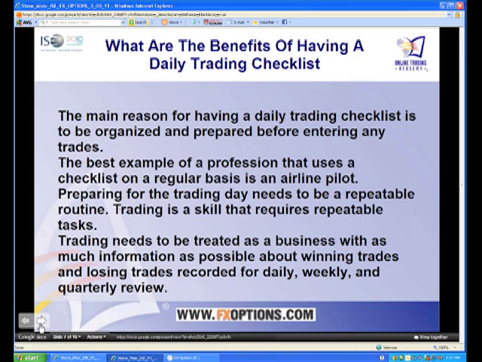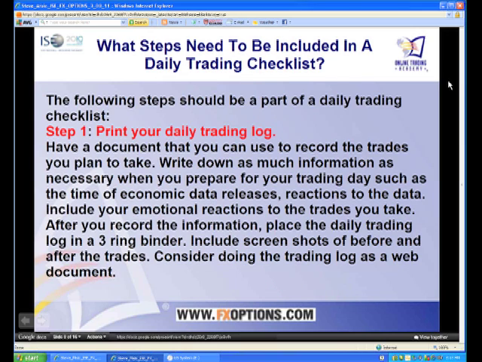So the following steps should be included as part of a daily trading plan checklist. Number one, have a trading log. It can either be a log like the one I'm going to show you, or it could be a loose leaf binder or a 3-ring binder, or it could be a spiral notebook, something that you used to use in school. But you want to write down in that document as much information as you possibly can about your trade,